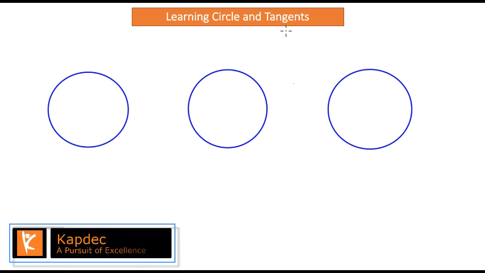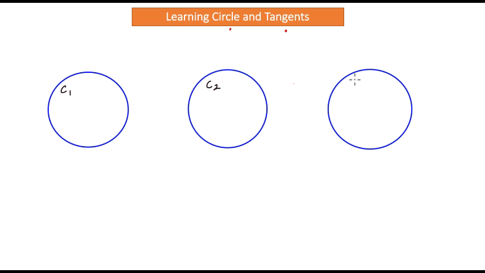In this tutorial, we are going to learn about the tangents to a circle, okay? So what I have here is that we already have three circles drawn here, C1, C2 and C3, right? Now let's draw a line on circle 1 such that it will intersect the circle 1 at the location P and Q, right? And let's say the name of this line is X to begin with.